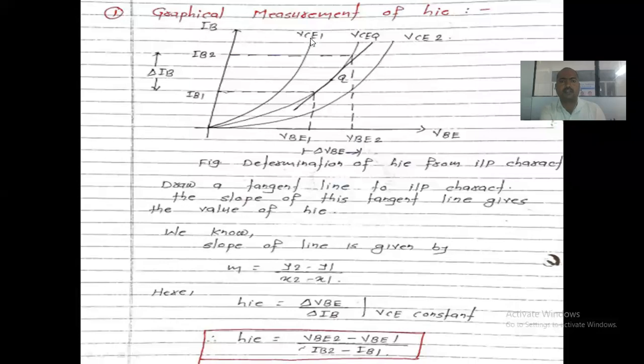One is collector to emitter voltage 1, collector to emitter voltage 2, and the collector to emitter quotient voltage. Quotient indicates the minimum voltage at which the device should work in a particular common emitter configuration, right? To calculate the same thing, we just take out the tangent at the VCQ point. Q indicates the quotient point, or it is also called the minimum point.